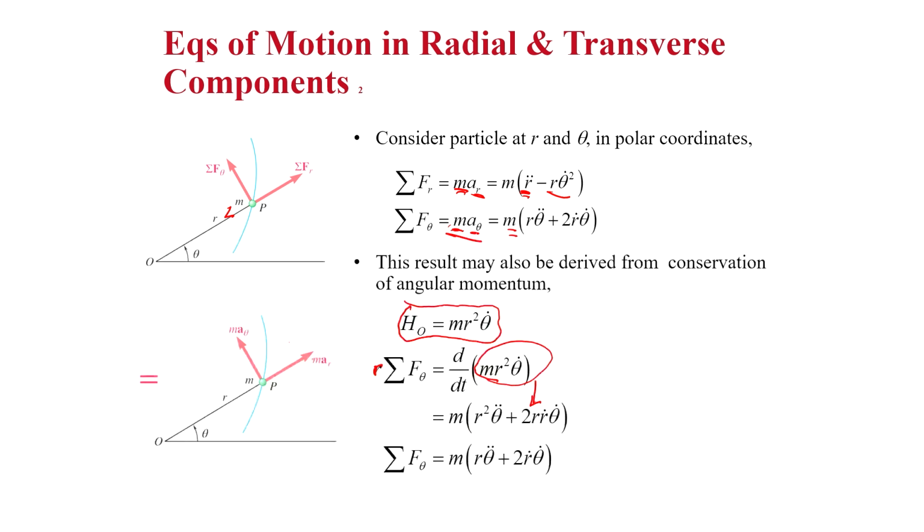And in that case, you can find that we have 2r times r dot and theta dot. Okay, so we can get rid of one of them and we get to the original equation that we had before. Okay,